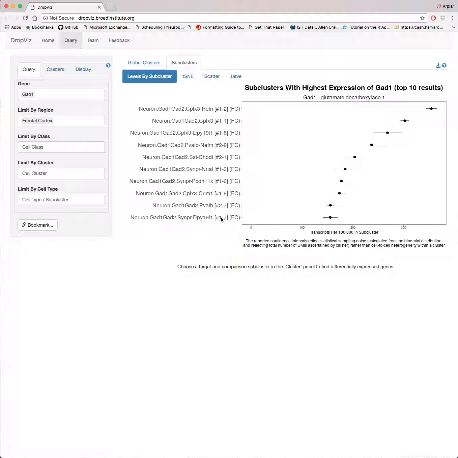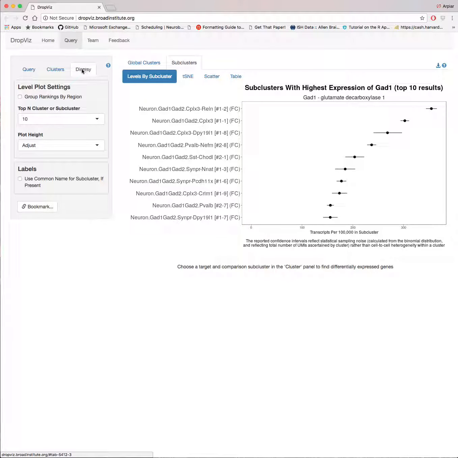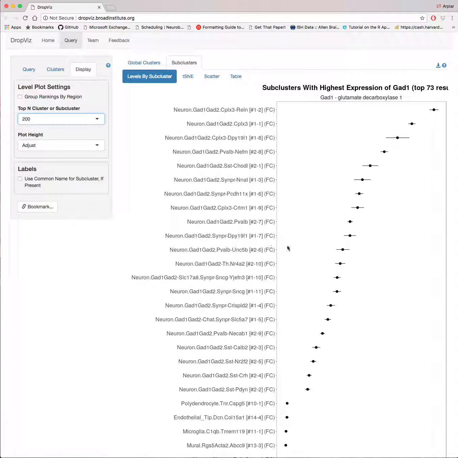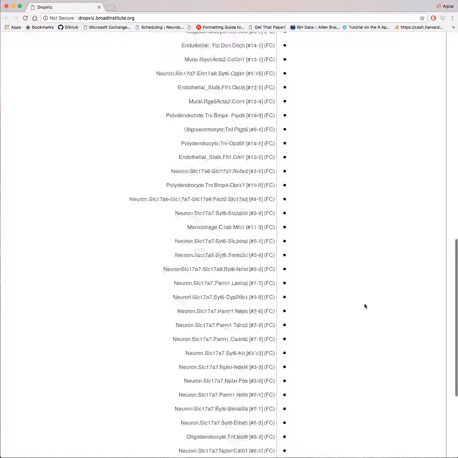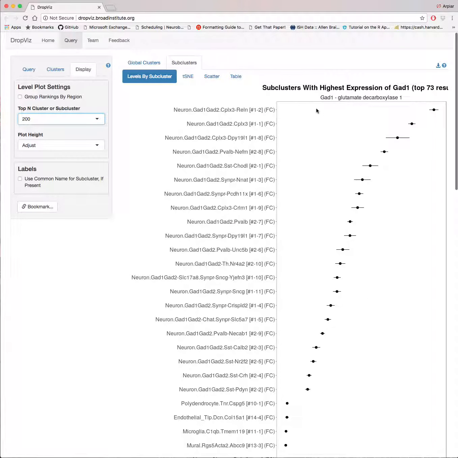And now you can see we only have 1, 2, 3, 4, 5, 6, 7, 8, 9, 10 displayed. But if we go to the Display tab, we can change the number to, say, for example, 200. So we can look at a massive number of clusters at a time, right? And so this is all the expression for GAD1, and you can see the highest levels are in the